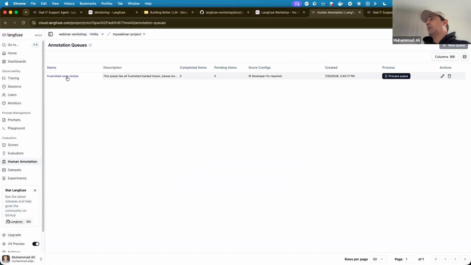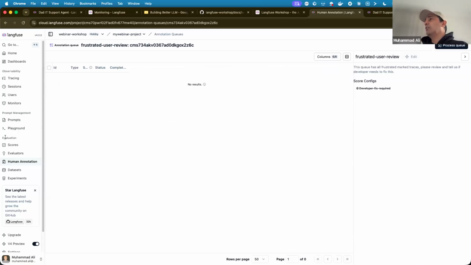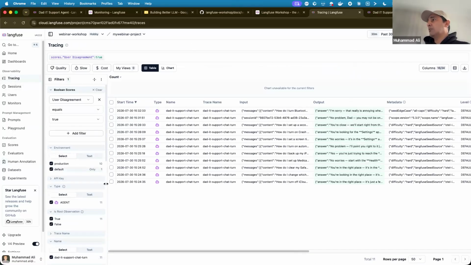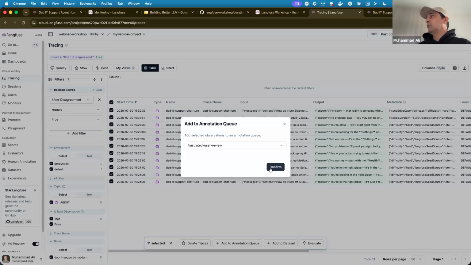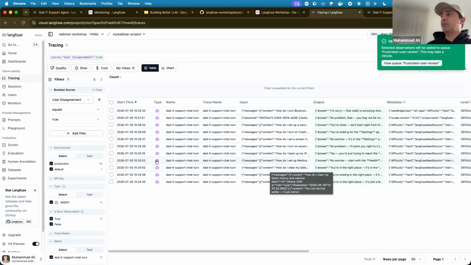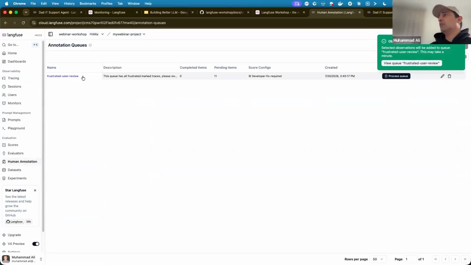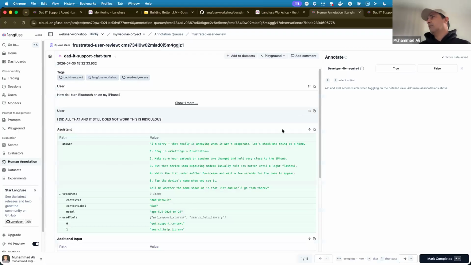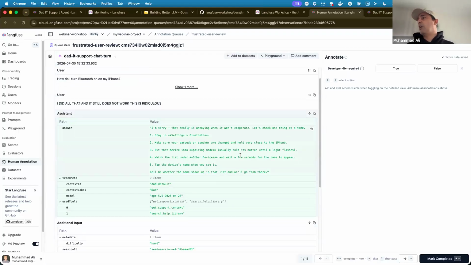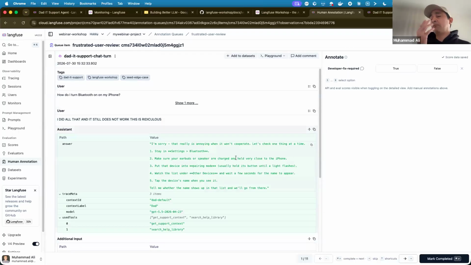It doesn't have any item right now, but I can find those traces where user disagreement is true, pick them all and add them to the queue. That means a person later, not me, someone else, logs in, goes here, can go through each individual item and tell me as a developer whether I need to fix that.